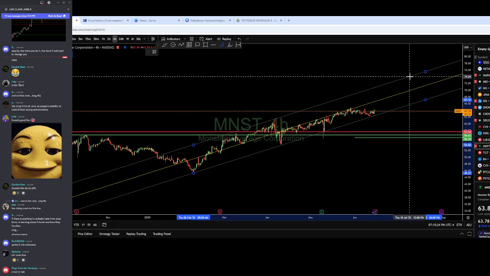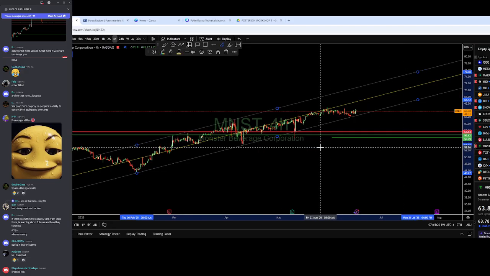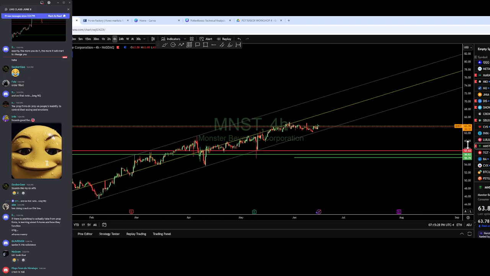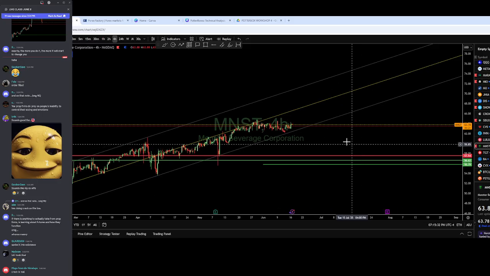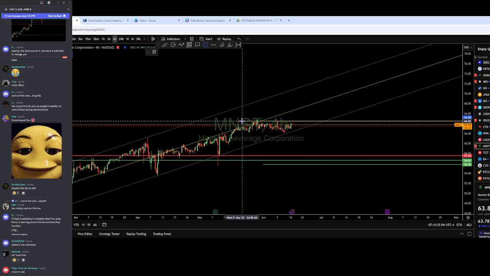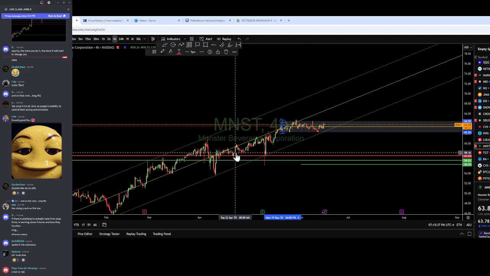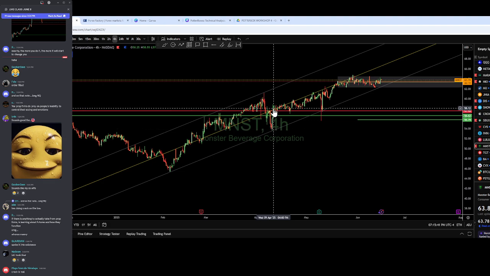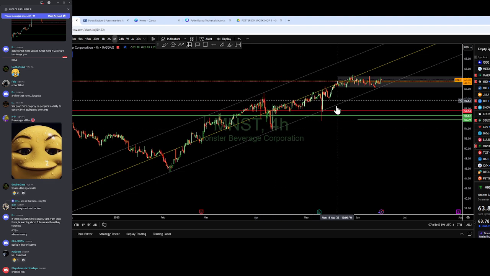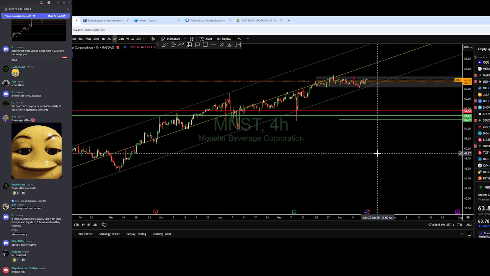So it looks like it's forcing you to cut those wicks, which is, again, typically a no-no, but we've got to go with points of contact here. Yeah, points of contact there. You've got a lot of consolidation for sure. And Monster is something that will consolidate, make one big move, reel you in, and then never move again for the next couple of months. So again, I would never trade something like this.